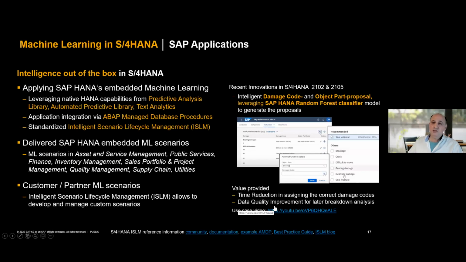S/4HANA, as our flagship, certainly has been implementing a series of machine learning scenarios in the area of, let's say, towards intelligent enterprise. And more than half of the scenarios are actually leveraging the embedded machine learning capabilities, again, of the PAL and also the Automated Predictive Library. The implementation is based on ABAP managed database procedures, and there's also a management module for those scenarios called Intelligent Scenario Lifecycle Management. There's over 25 scenarios